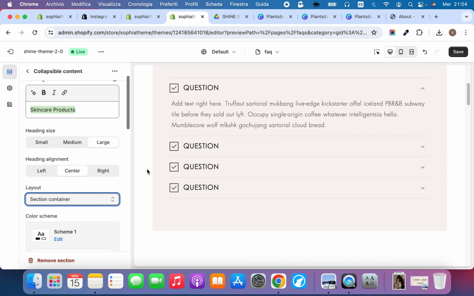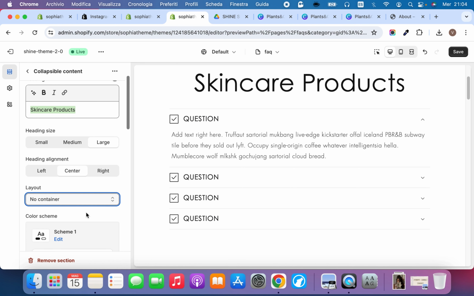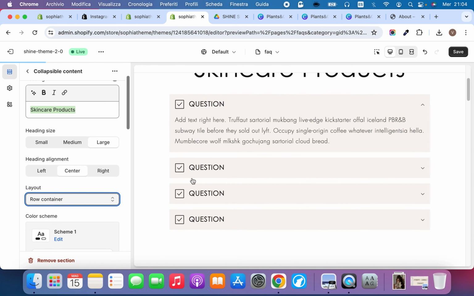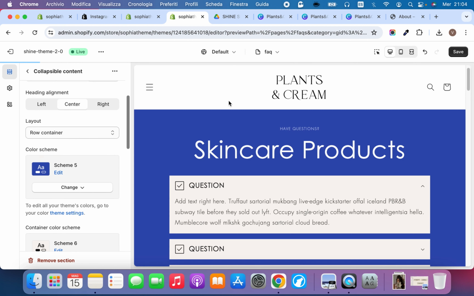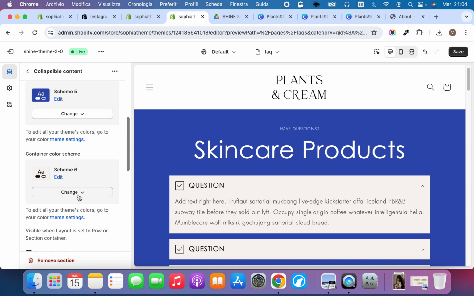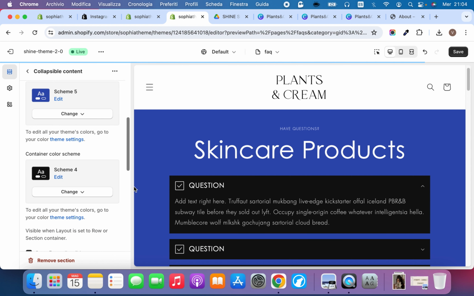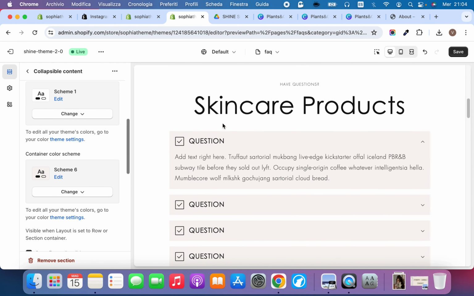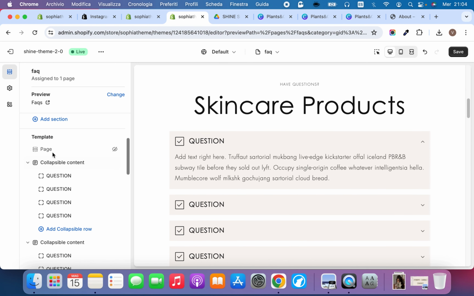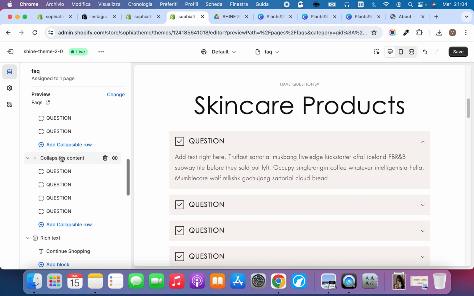It can be just like this, without a container or with a row container. And you can change the color scheme of the outside and of the inside. Like that. And you can also duplicate the collapsible content